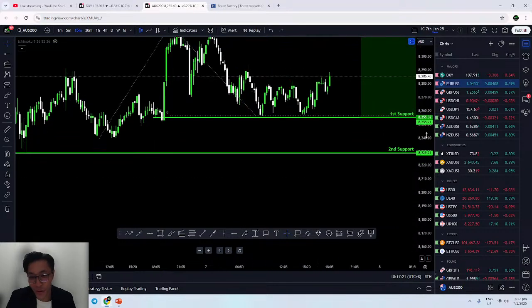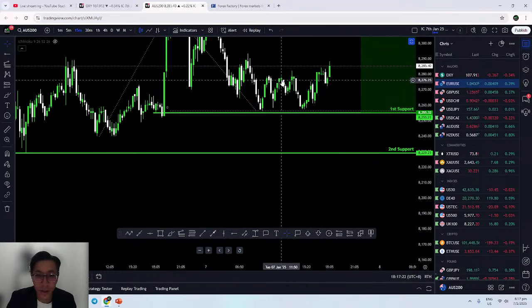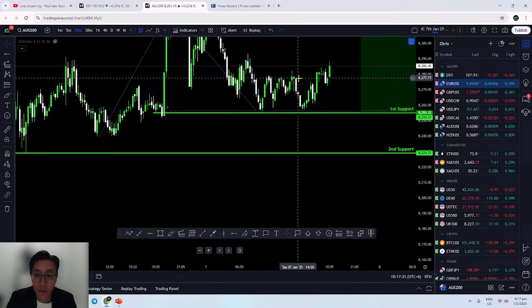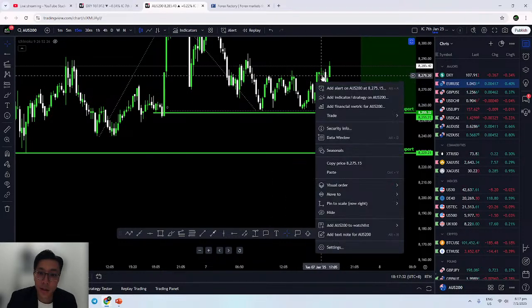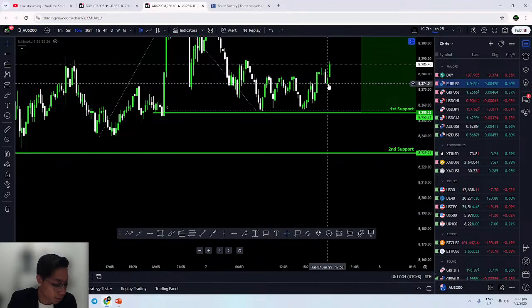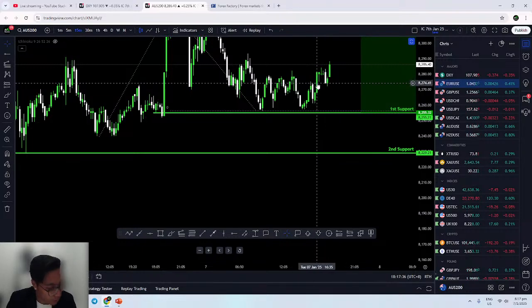That's a very nice entry, right? The break and retest, very simple stuff. The consolidation, right? We have a very strong push upwards. You see this bullish engulfing candle? Just enter off the break and the retest. Very simple stuff. Once you master engulfing candles, honestly, you can add that to the trading